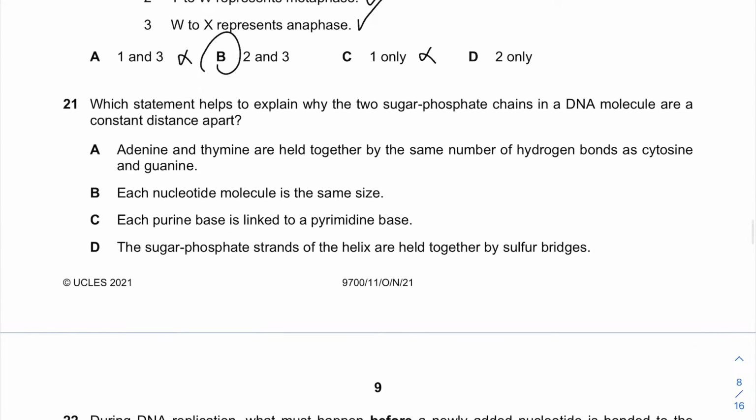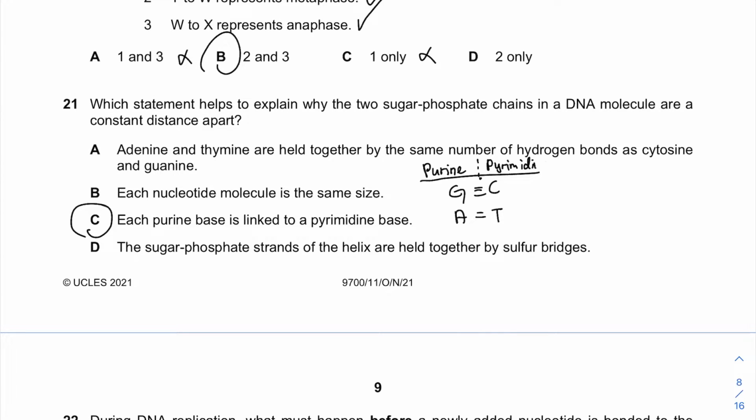Question 21. Which statement helps to explain why the two sugar phosphate chains in a DNA molecule are a constant distance apart? That is because each purine base is linked to a pyrimidine base. We have guanine to cytosine, adenine to thymine. So it is always one purine and one pyrimidine. Yeah, so you have purines